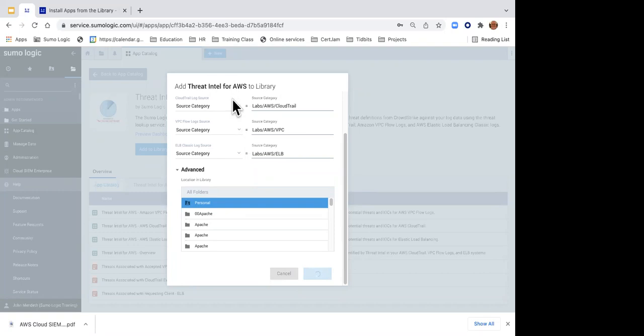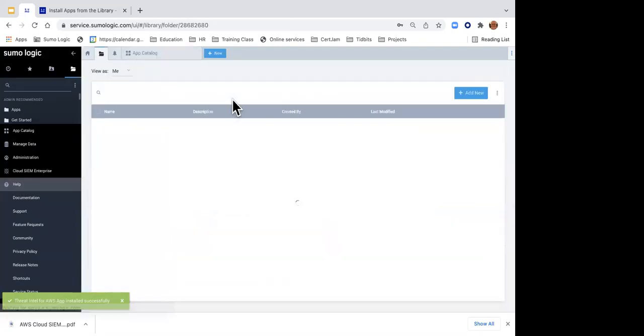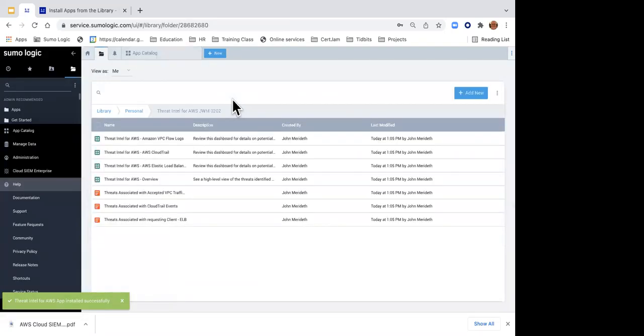So Matt asked a question. I'm new to Sumo. Is there any risk to adding tiles from the app library? The only risk, Matt, is that you've got to know what your data is called, where your data is coming from. As far as I can see, there's not any other risk other than needing to know the data. And if Tim or anyone else wants to comment on that, feel free.